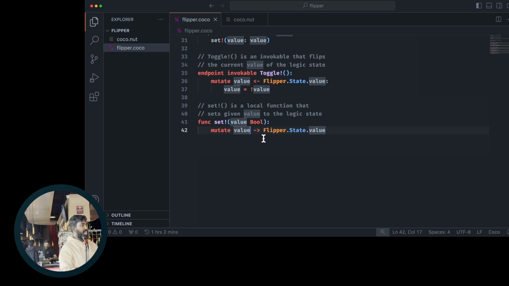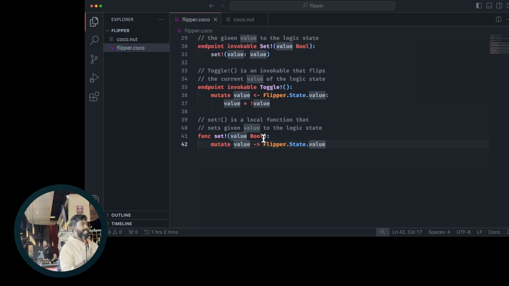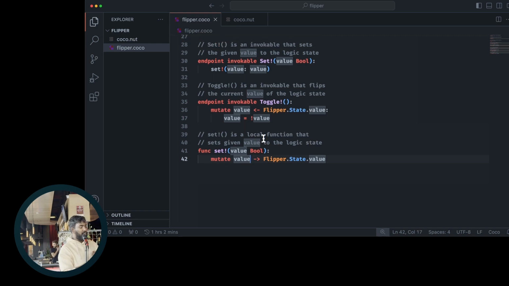And you notice the arrow is the other way around. I'm moving this local variable value into the symbol, which just overrides whatever values are in that symbol. And this will only work for scalar types. You can't do this on collections. On collections, you would have to capture them in this way.